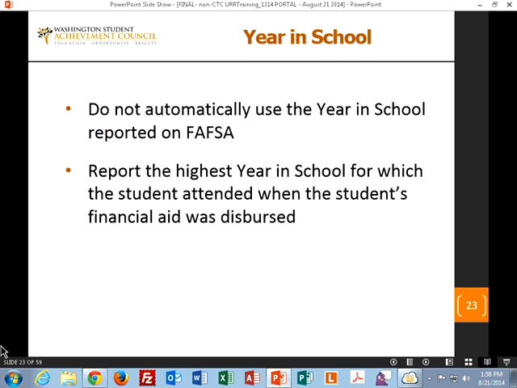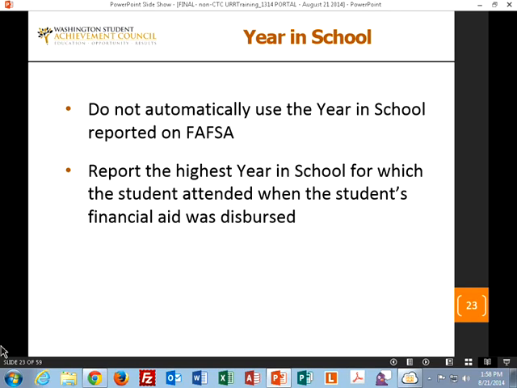Year in school. We say don't automatically use the year in school reported on the FAFSA. Instead, report the highest year in school the student attended when the student's financial aid was dispersed. It's quite a mouthful, but an example would be a brand new student coming to your school. When they fill out the form a year in advance, they may say they're going to be a first-year student or a freshman.